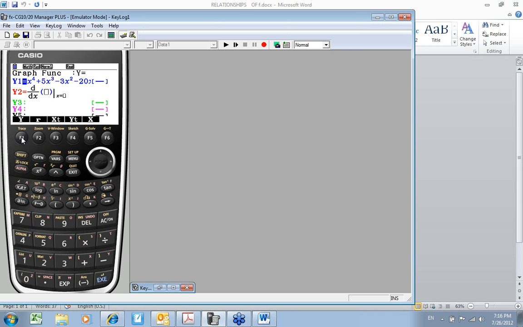Let's talk about this template here for just a minute. It brings up the first derivative symbol, and I want the first derivative of y1. So make sure you use this y right here and not the y down here, not the alpha y. So I'm going to hit y1, and then I have this other thing over here that says x equal and then an open box.